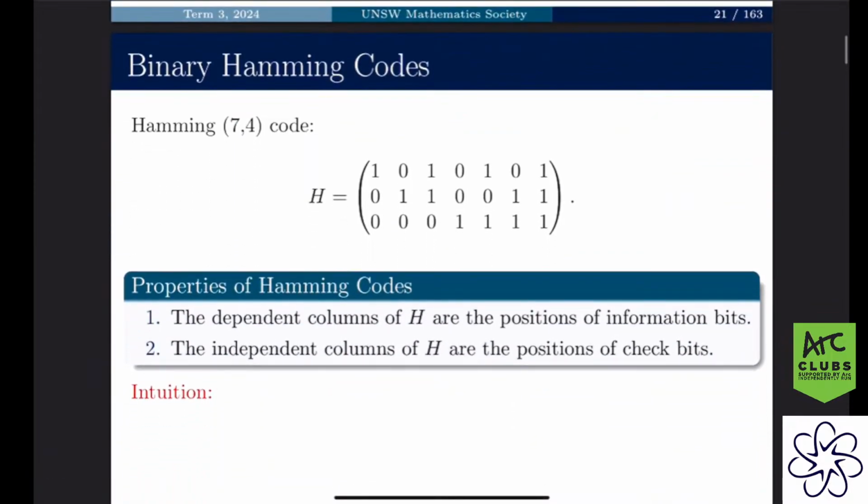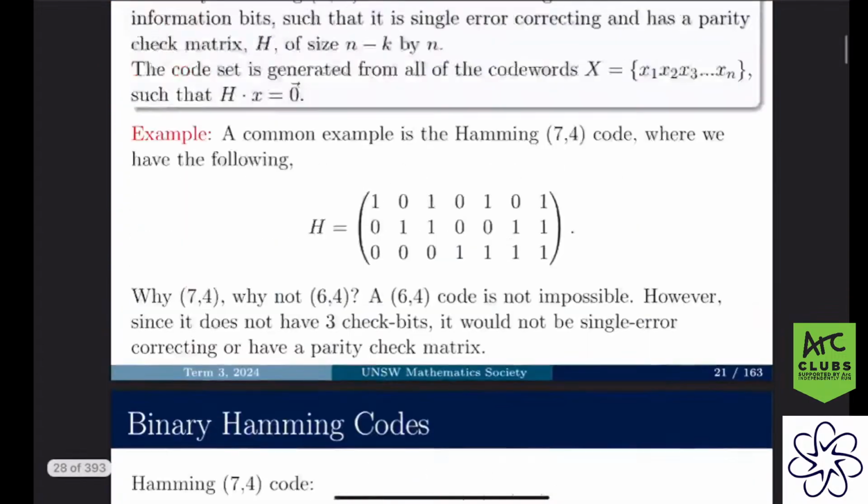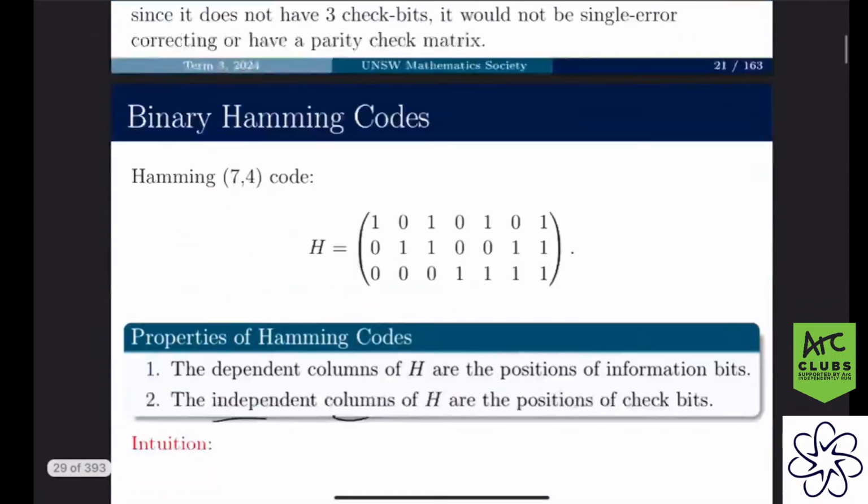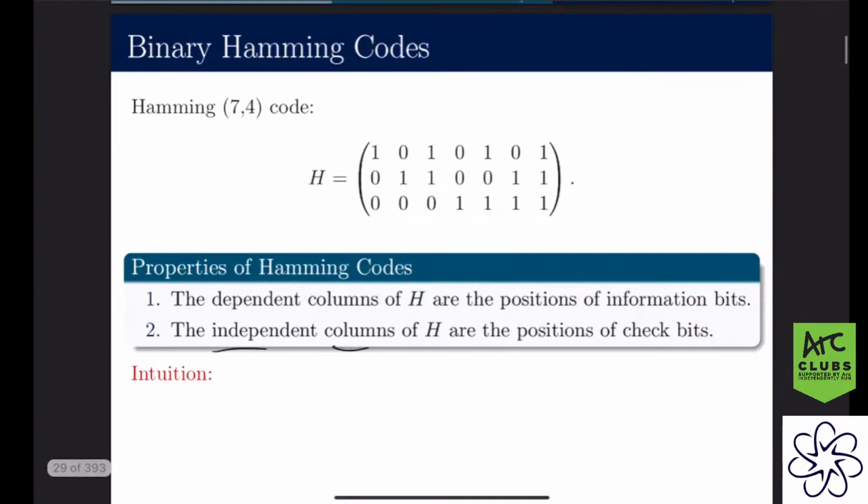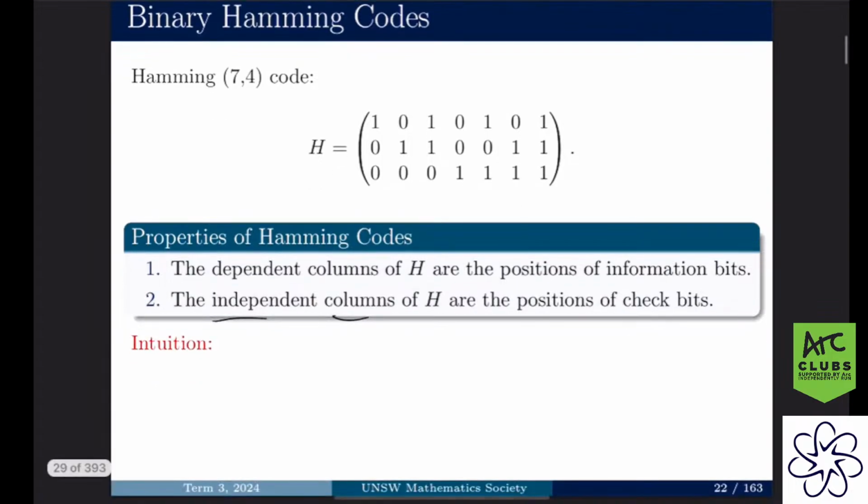Some properties of the Hamming codes: I'll start with the independent columns of H, which are going to be the positions of the check bits. It should make sense that we should be able to send any information of length k through this, and therefore the check bits must be fixed, right? So we assign the check bits to the independent columns, and we let the dependent columns be the mutable information